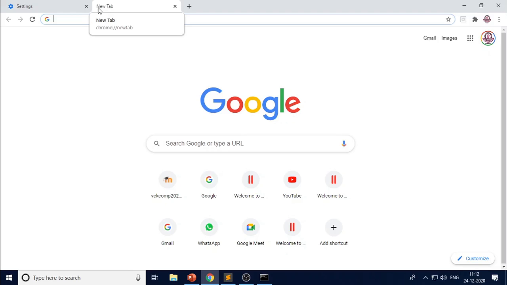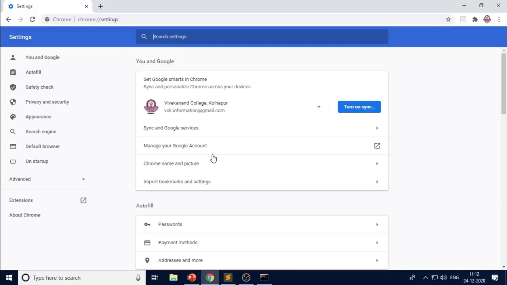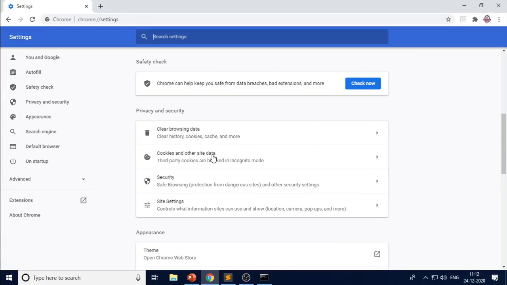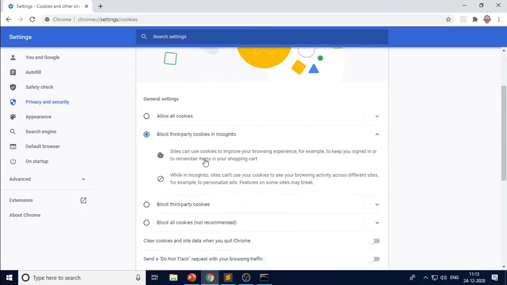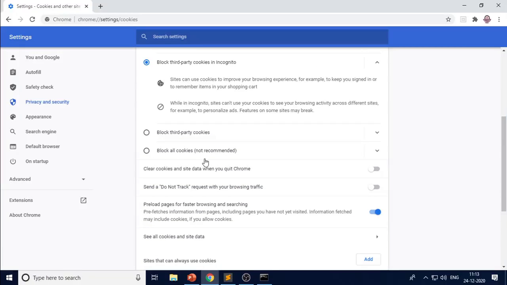Before executing the script, we can see how cookies are created and how they are stored in the browser. So right now, what cookies are present on your computer, we can see. How to see that? Look here, within the settings you can see that. Open your browser, open your settings, then one tab is there, cookies and other site data. Click on this one, and you will get all the options related to cookies.